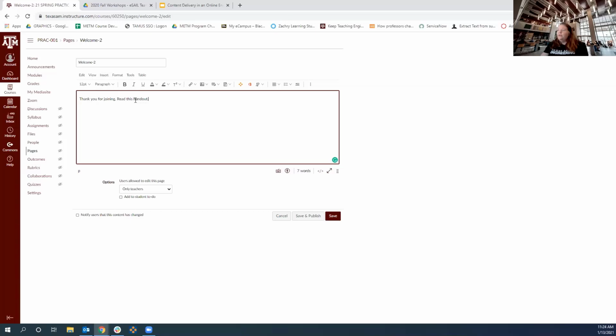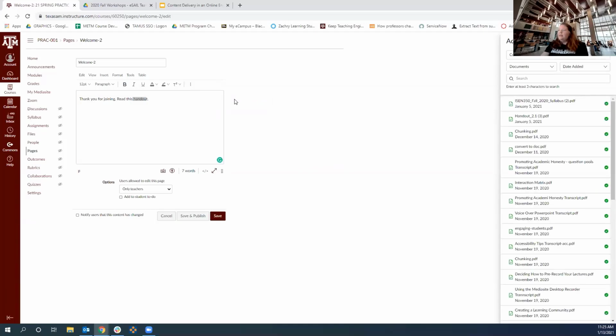You'll also see, though, if I highlight this handout, I have a lot of different options on this toolbar. So you can tell that's an image. I can link to an external URL, but then I also see this little page symbol. So that's the same. I can go straight to that and upload a document, or go to my course documents. And that's what I did. And it gives me that menu on the right. And I still have some options there. Like if I click on that and I don't find what I'm looking for and I realize, oh, it's in my user files, you could get to it here too.